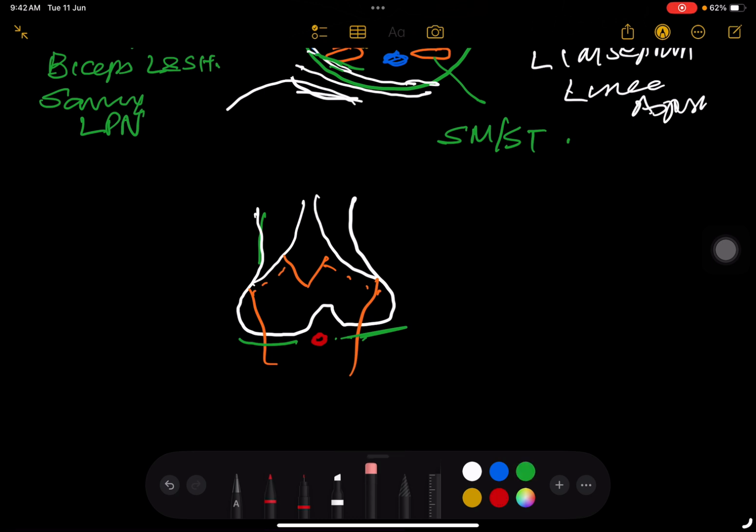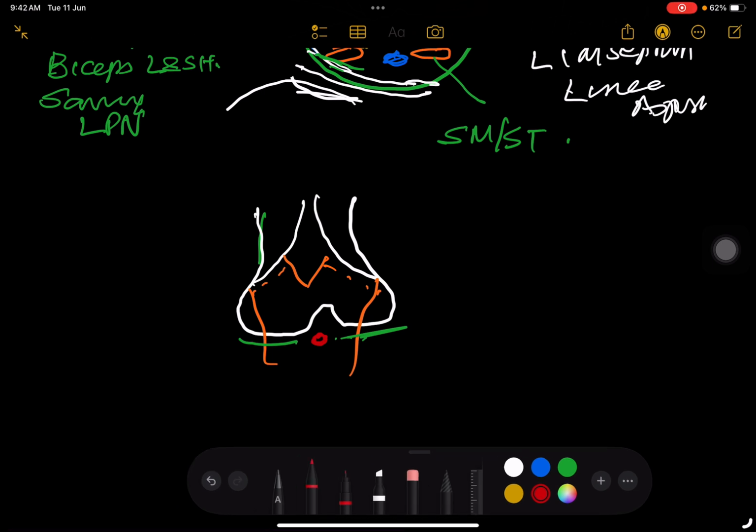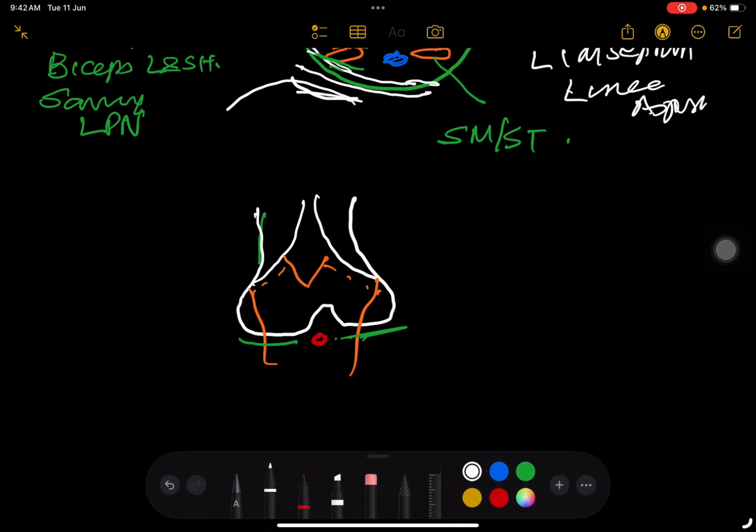So you divide the capsule, divide gastrocnemius, both heads, divide capsule, divide, already divided semimembranosus, semitendinosus, biceps femoris, save posterior cruciate ligament